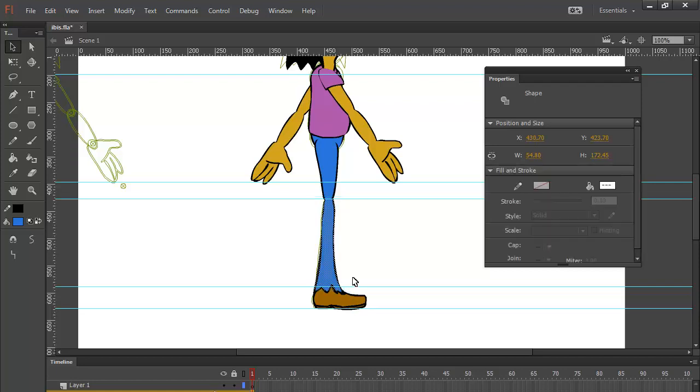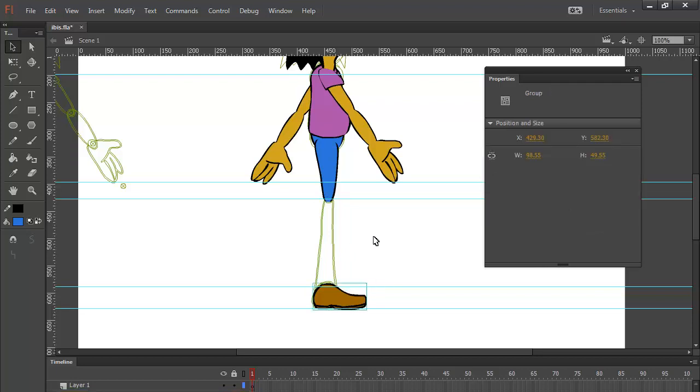Alright, just Control Z my way back. Make sure everything that needs to be selected is selected. Now Control G, Control X, select the foot, paste in place, and yeah, that's about right. So we take this foot, Control D, up, left,